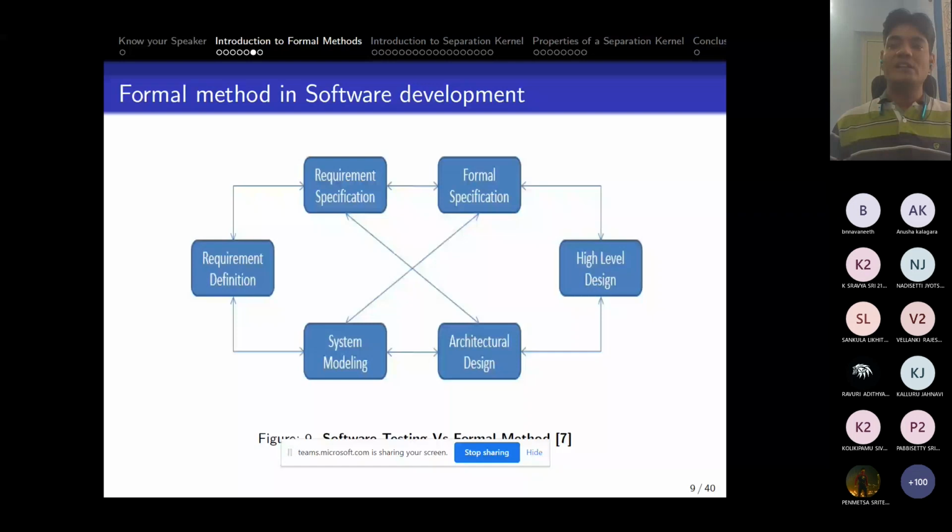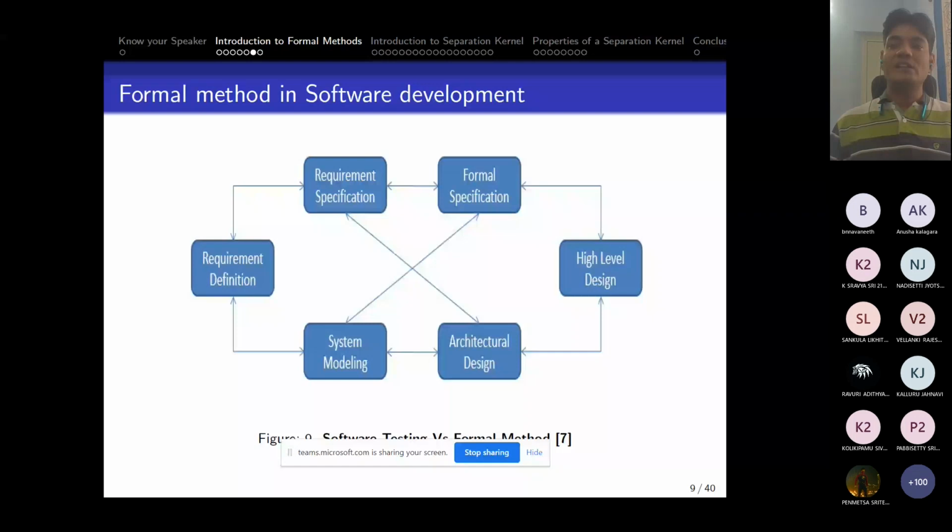For example, if you write a formula in mathematics, (a plus b) whole square, for everyone it is the same, (a plus b) whole square, right? But if the same thing is written in plain English, the meaning of the English can differ from person to person, because of their basic understanding of English, or because of the person who has written that requirement in plain English. So this is also a very good idea: to apply these formal method techniques at the time of requirements only.